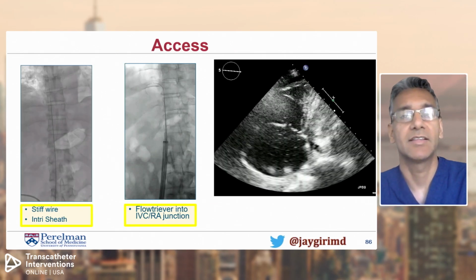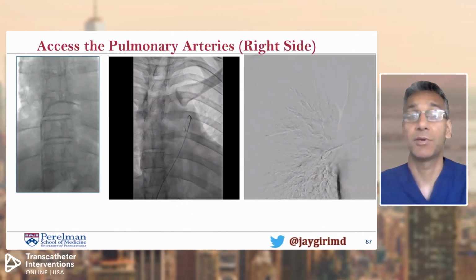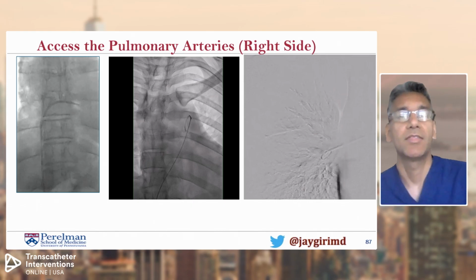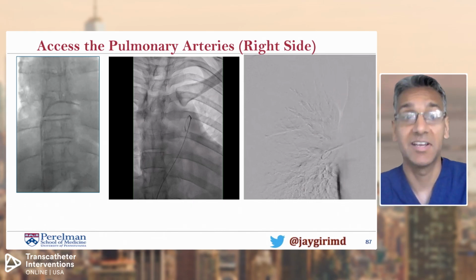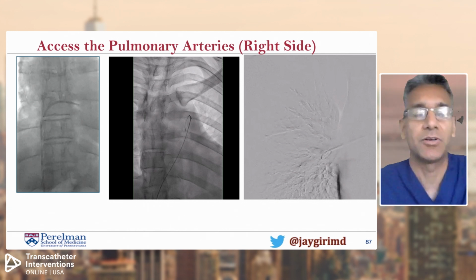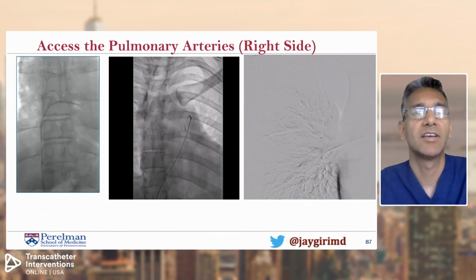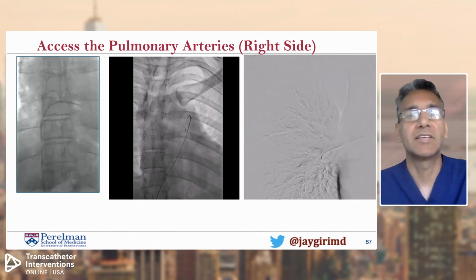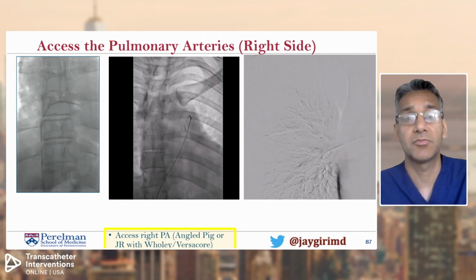scan, and I apologize that echo doesn't seem to be playing in real time, but you would be seeing that clot disappearing into the FlowTriever. And oftentimes that happens even basically without entering the RA, but sometimes you have to pass it into the RA with TQ aspiration. Next, we go ahead and introduce a pigtail and take pictures of the lungs, as was mentioned